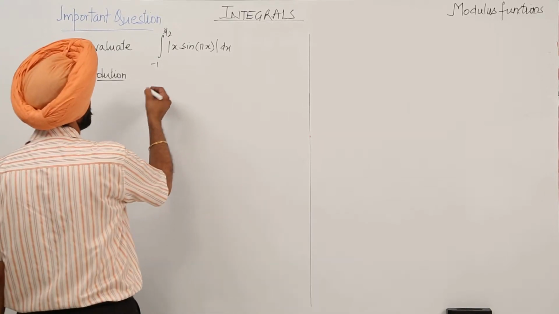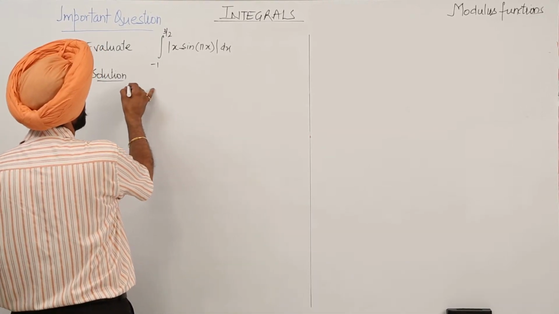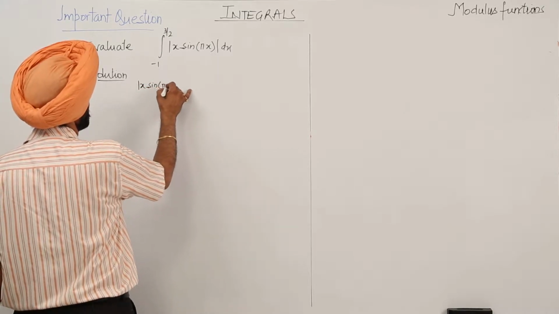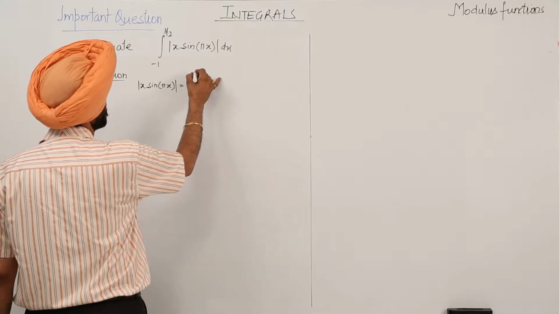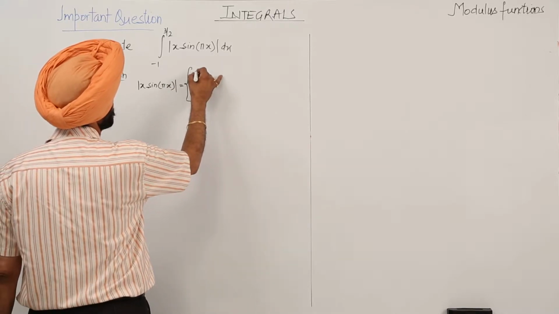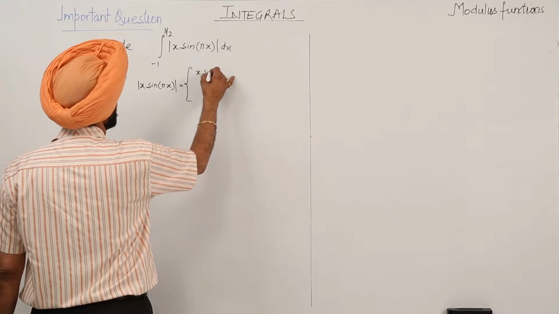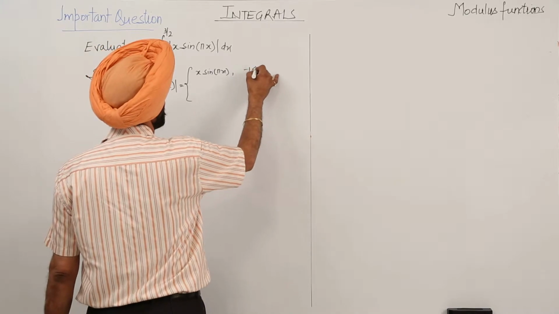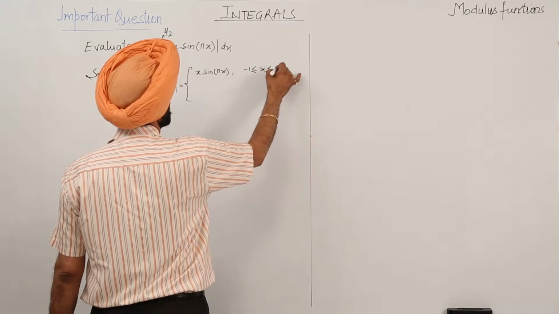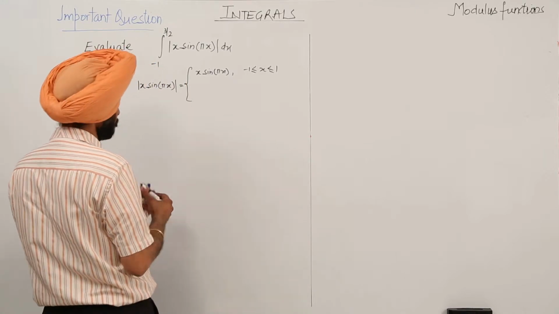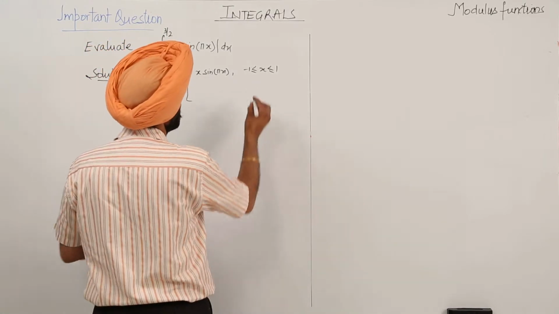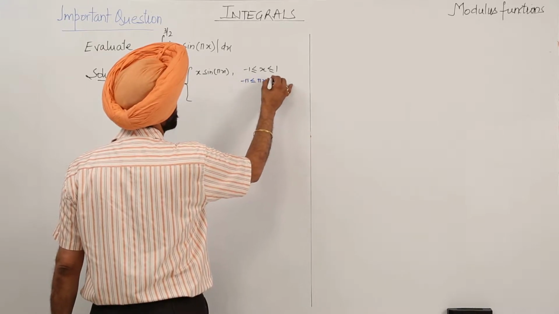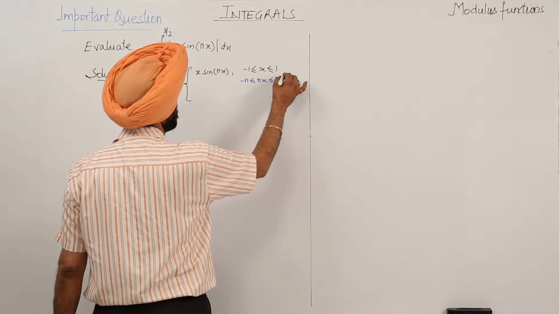Next question. Here we can write x sin pi x is equal to, now positive x sin pi x for minus 1 is less than or equal to x less than or equal to 1. Same thing, we can write minus pi is less than or equal to pi x less than or equal to pi,